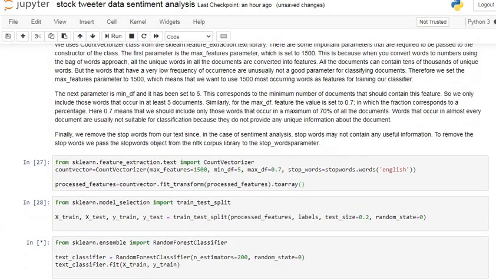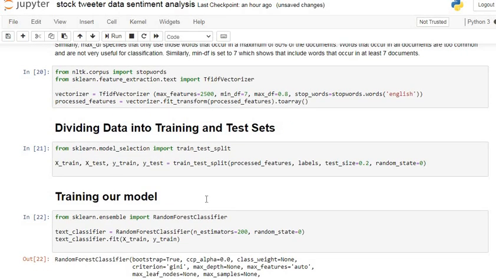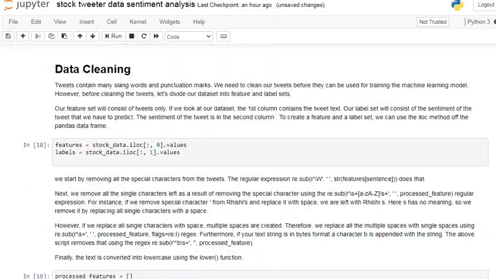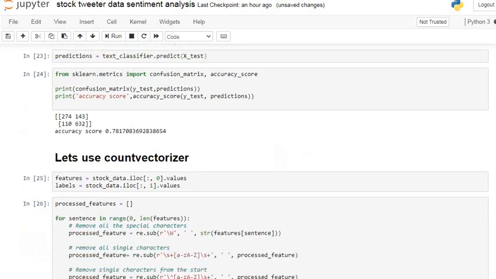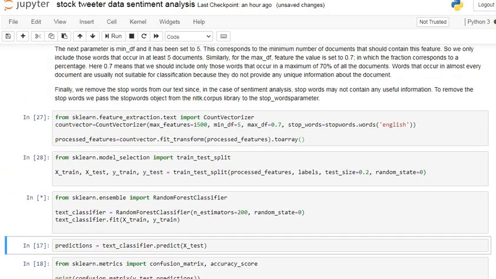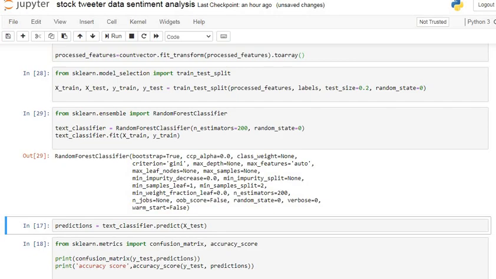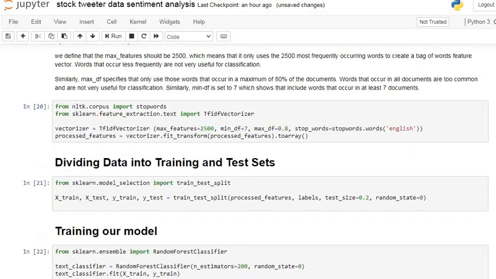Here we use count vectorizer, but before that we used TF-IDF vectorizer and tried to see the accuracy. Its accuracy is about 78%. This is the accuracy you can see. Here we apply count vectorizer. The model is still running, so we have to wait for some time. Here we just changed that we use numerical data obtained by using count vectorizer, and in the above algorithm we used numerical data obtained from TF-IDF vectorizer.